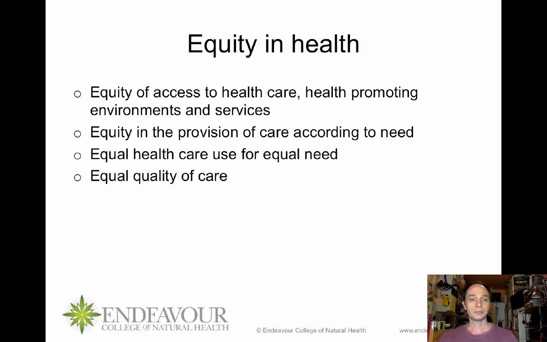And also, not just in basic services, we need to make sure there's equity in the quality of the care that's offered, so that it's not like one person is sitting in a bed in a broom closet in a hospital because there's no beds available. We really need to make sure that there's a good level of service available to people as well, and that's obviously important for good health outcomes as well.